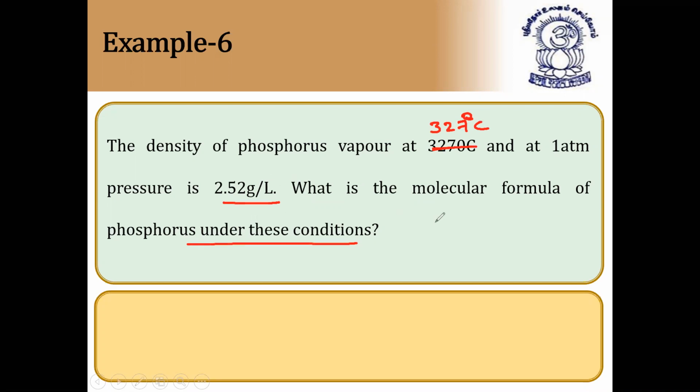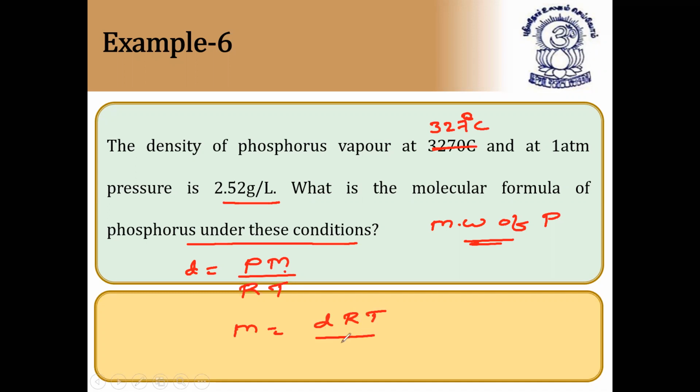So you have to find the molecular weight of phosphorus. Automatically you'll get the answer. So from the formula, D is equal to PM by RT. If you find the molecular weight, then you'll get the formula of the compound. So M is equal to DRT by P. Density is given 2.52 grams per liter into R value is 0.0821. Temperature is 327 degrees C, means T is equal to 327 plus 273, which is coming around 600. So into 600 kelvins